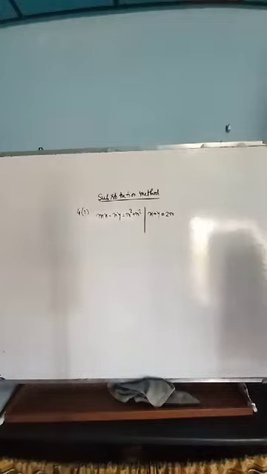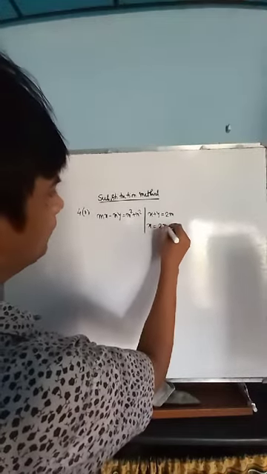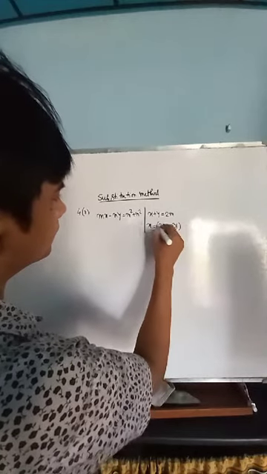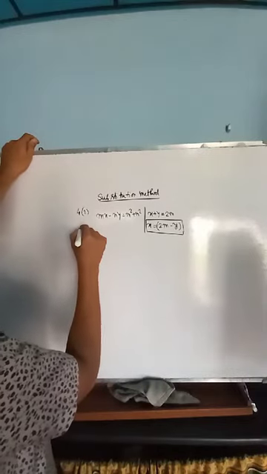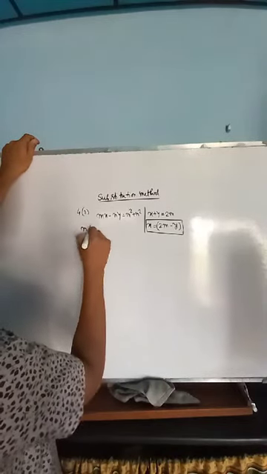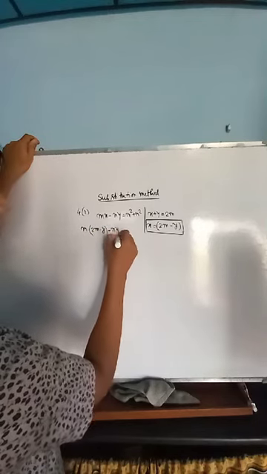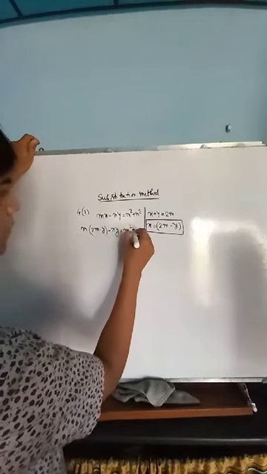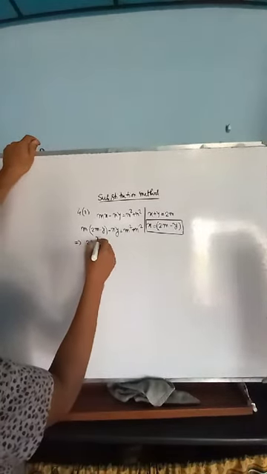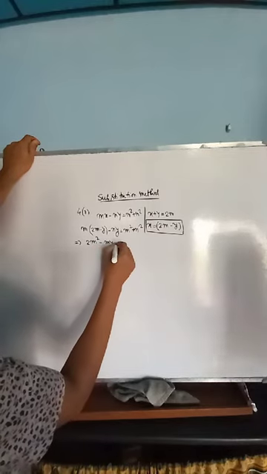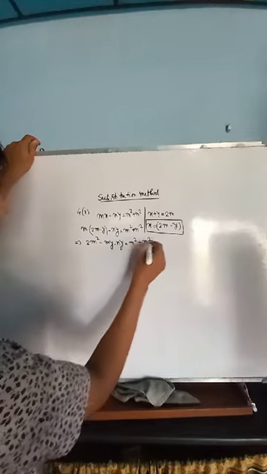Clear? So I can write x is equal to 2m minus y, and I will put this in equation number 1. What is said is that mx, that is m into (2m minus y), minus ny is equal to m square plus n square. Now multiply it: 2m square minus my minus ny is equal to m square plus n square.